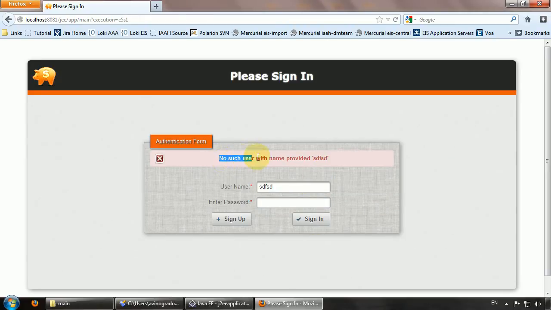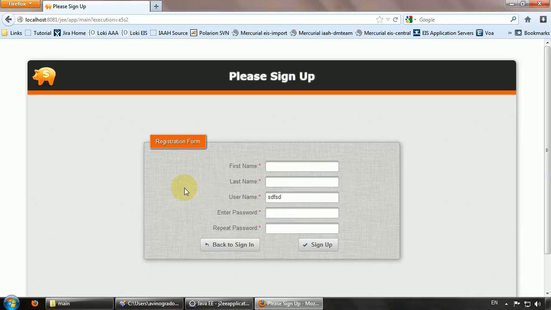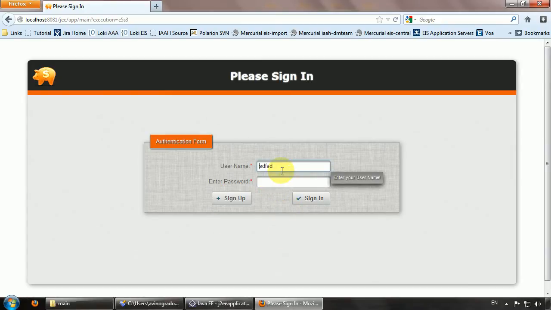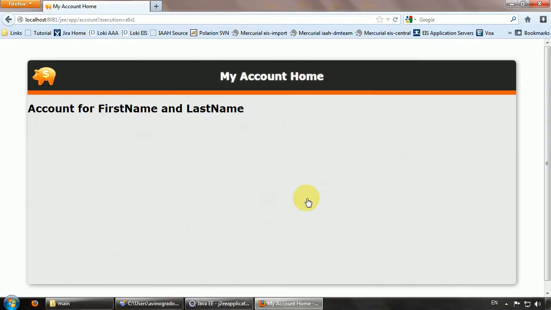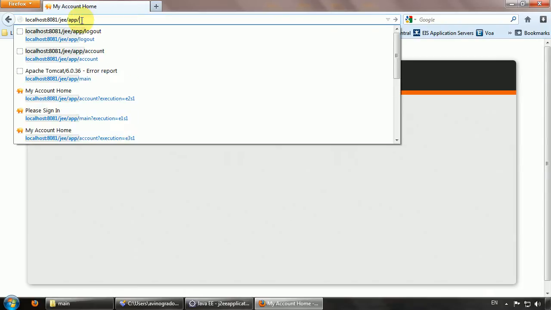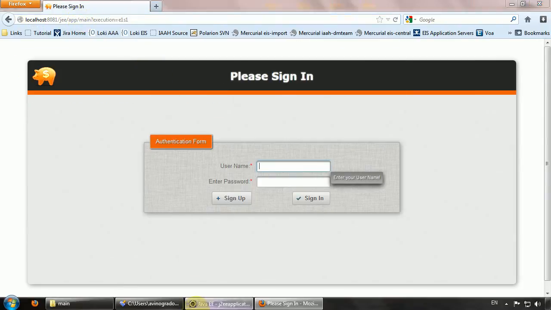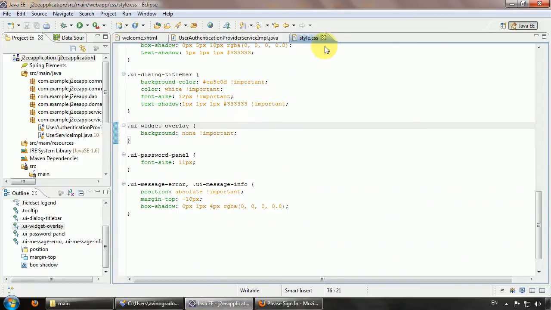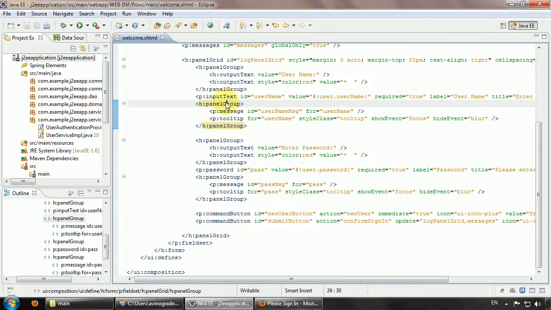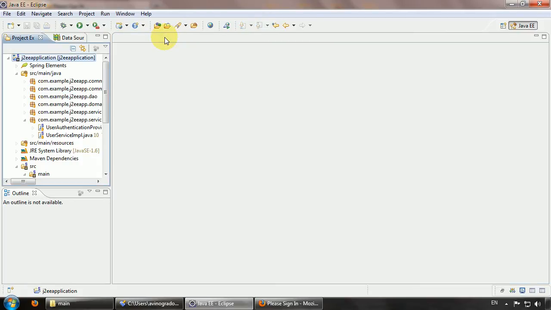then we get the message here in the global messages component, and if we try to use the correct credentials, again I clicked enter, which works wrong. So the enter key on your keyboard works in a way it shouldn't. Sign in. Okay, good. So far so good. I think we can close this now,